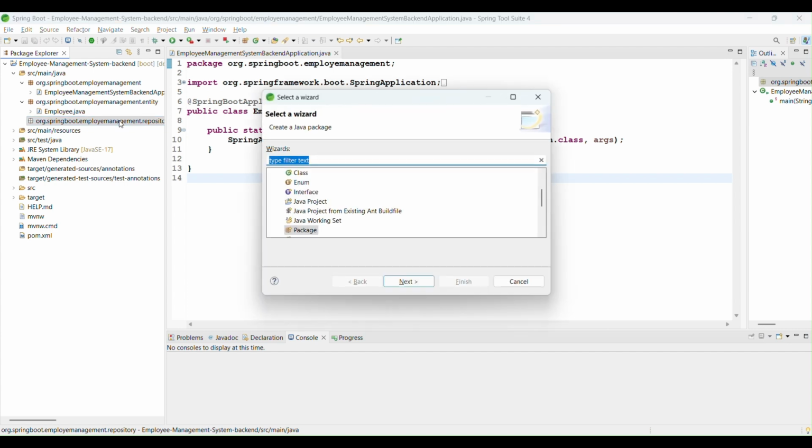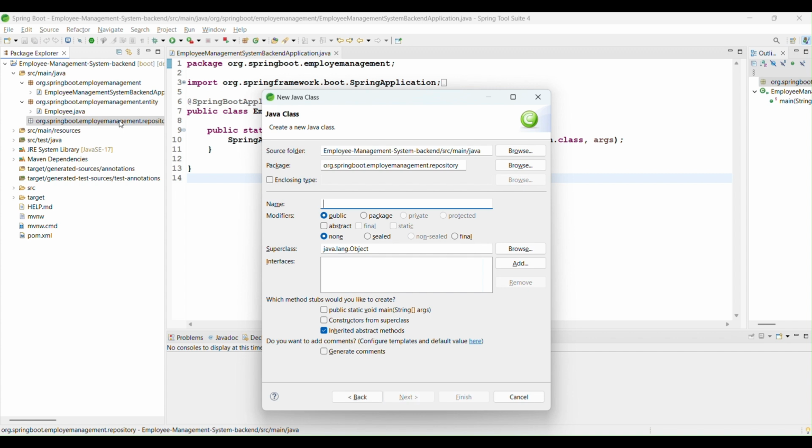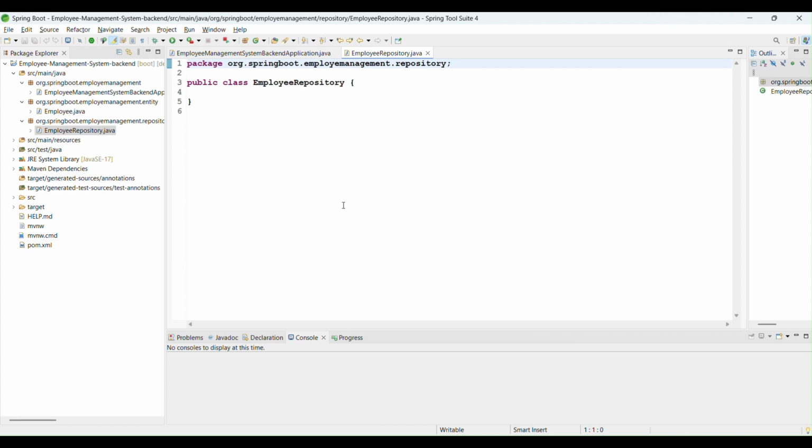Okay, Control and here the class, employee repository. Through this package, we will deal with the database using the JPA query. And sorry, it's not a class, it should be an interface. Interface,